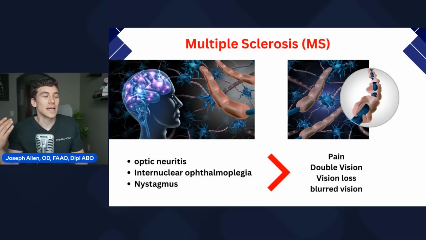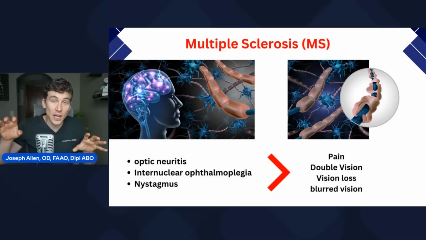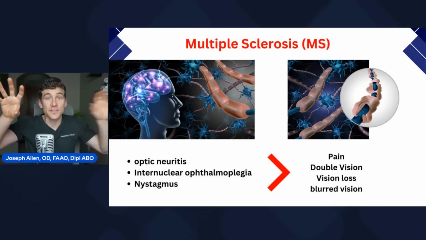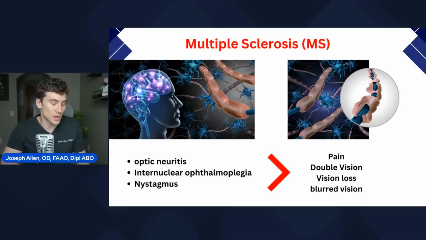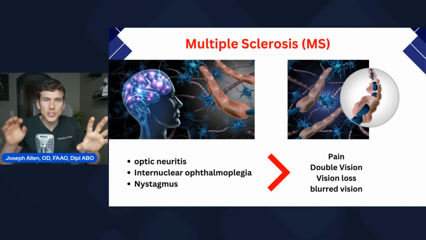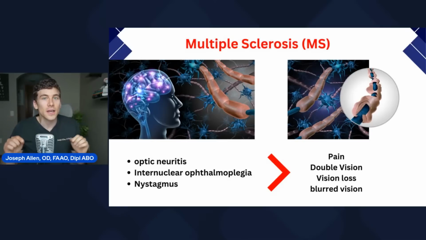So unfortunately, if somebody does have really severe bouts of optic neuritis from multiple sclerosis, you can have vision loss, not just blurred vision, but patches of your vision start to get lost due to some optic atrophy related to that. The big thing I just want to point out is if you've ever had pain with your eye movements, if you've ever had vision loss or color vision or something changing in one eye versus the other, this is something to definitely mention to your doctors. And if you're starting to experience it, make sure you see a doctor sooner rather than later.